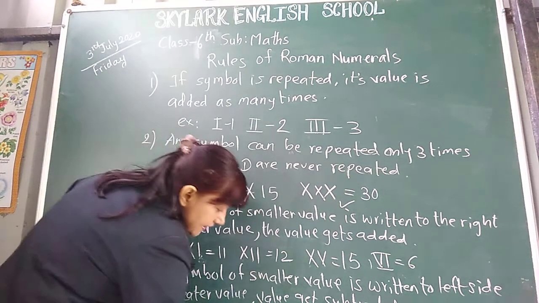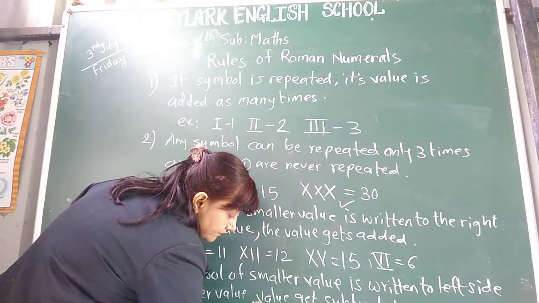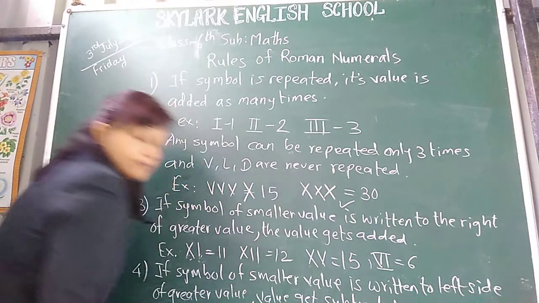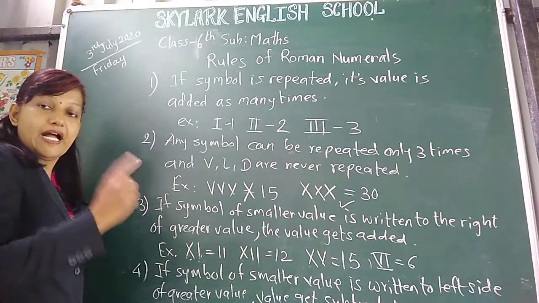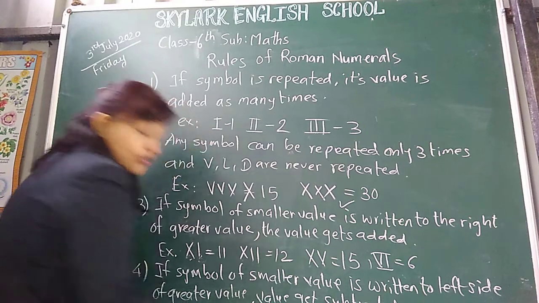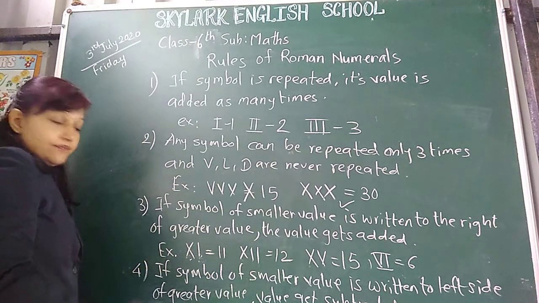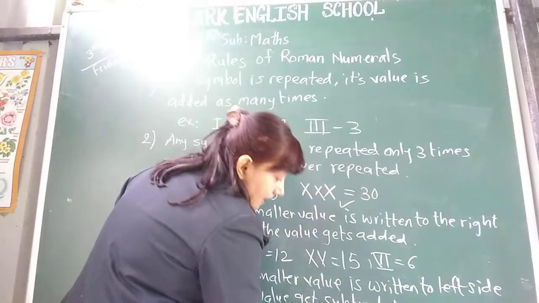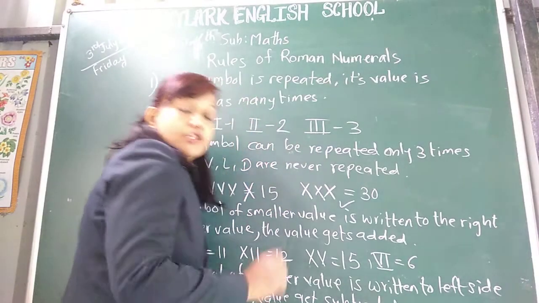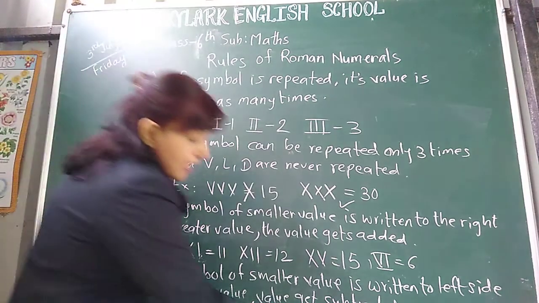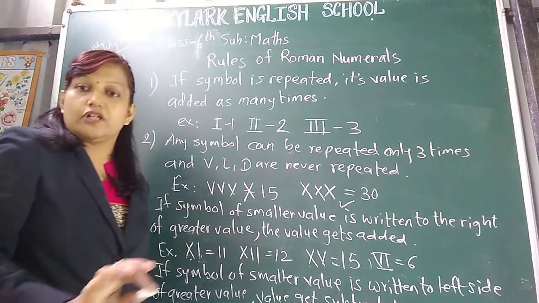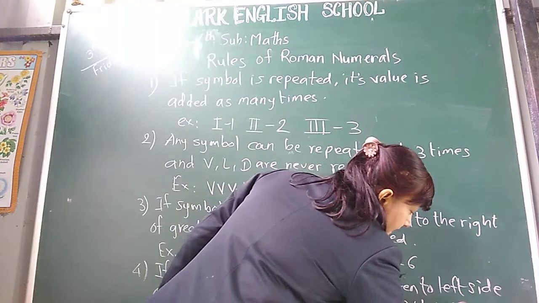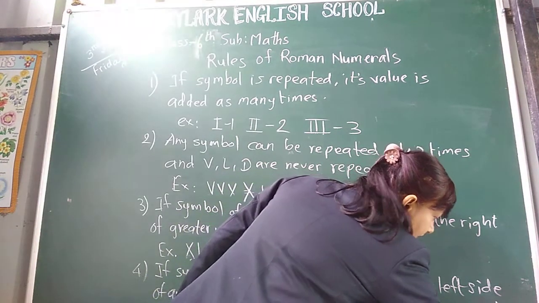If I write it like this, I, meaning 5 minus 2, that is 3, no, that is wrong, because we already have I for 3. So this is not possible. Have you understood? It is the same for X also, and if we write it like this, that is also not allowed. Here V and D are not allowed on the left. That we have to mention. V and D cannot be written on the left side.